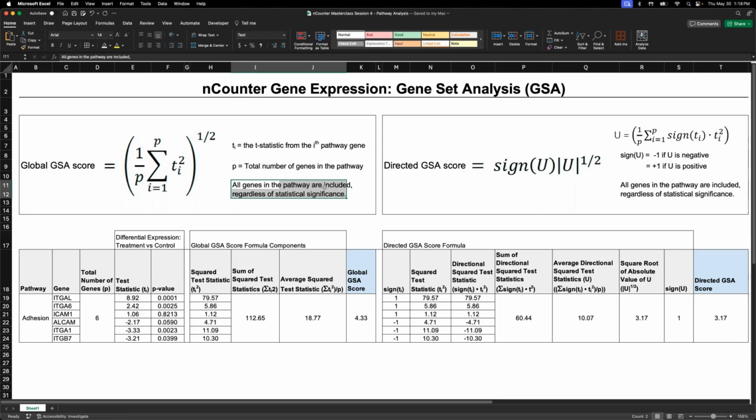So in another type of approach to pathway analysis, such as pathway enrichment, which I'll show you a little later, you are focused only on the genes with a significant p-value, let's say p less than 0.05. Those are the only genes you're concerned with. But in both of these scores, global score and directed GSA score, you look at every single gene in the pathway, regardless of the p-value. So that's the first thing to remember here. Many people are not aware of this, but it looks at every single gene in the pathway, regardless of statistical significance. So hopefully that's clear and that makes sense.